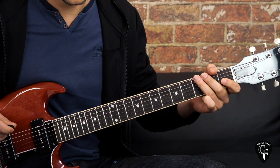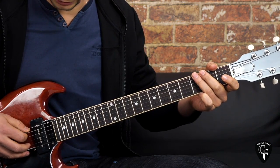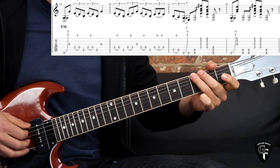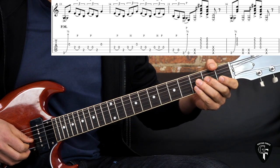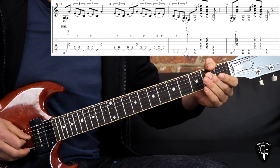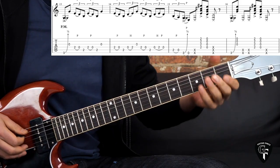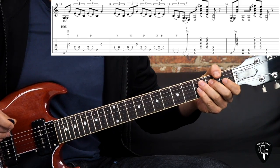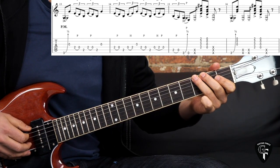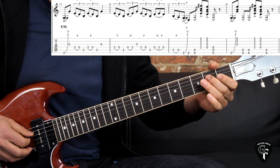Alright, now the third time we have a different run here. So again it starts off with a bend on the low E 3rd fret, but then we catch the G string open, and then we have, okay, so this lick, this phrase goes like this. So like I said, we have a slight bend on the 3rd fret of the low E, G string open, and then we have,